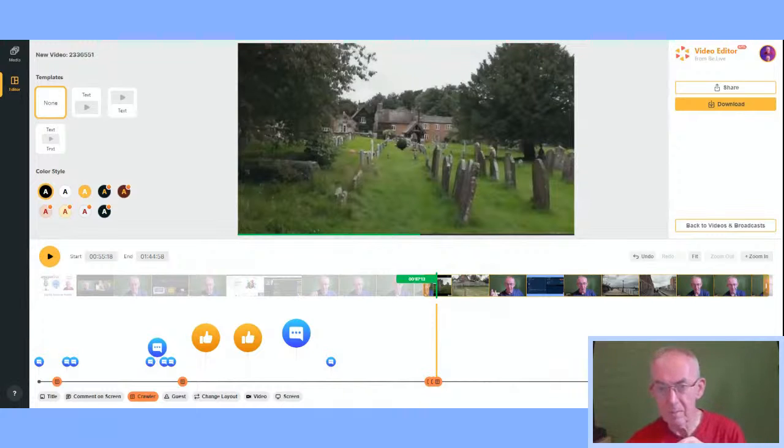That's the first crawler. Okay, that's touring the churchyard. If I then go to the next crawler